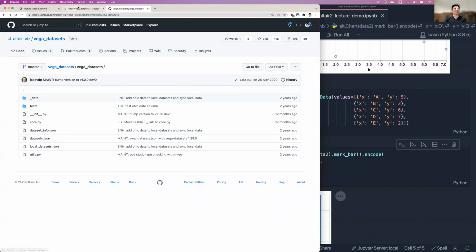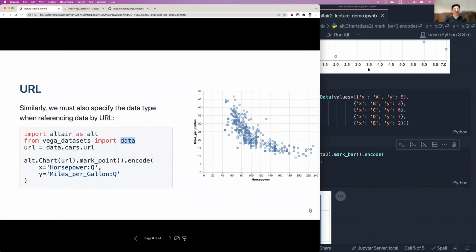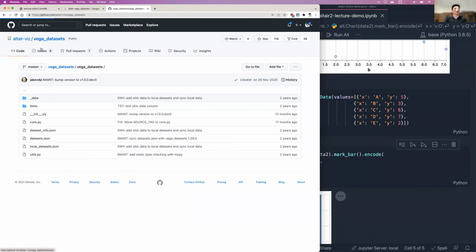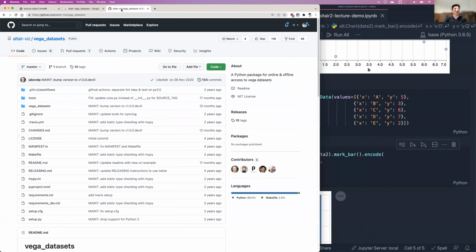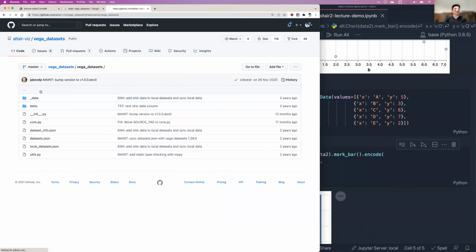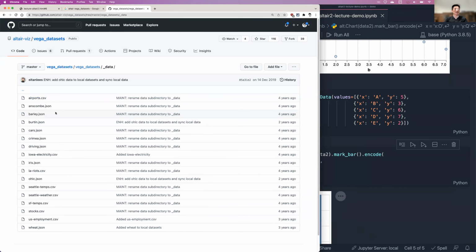So from the vega_datasets package, which is the top level, we are importing data. And here are the different datasets available. We are importing this one, which is cars.json, and you can import other ones as well, like airports,